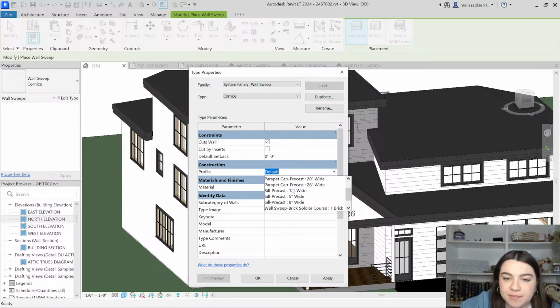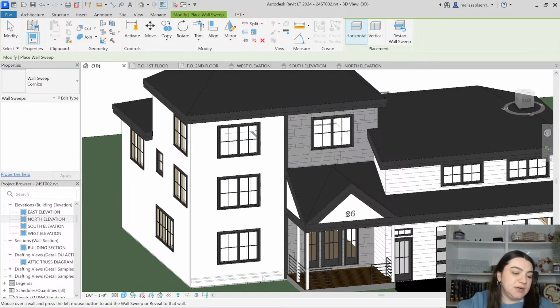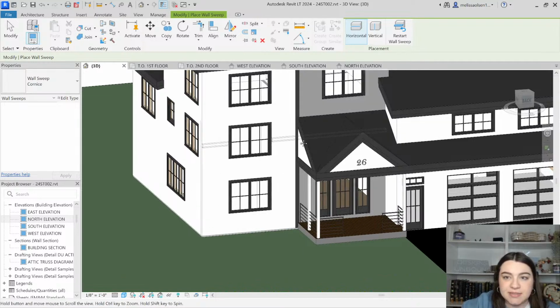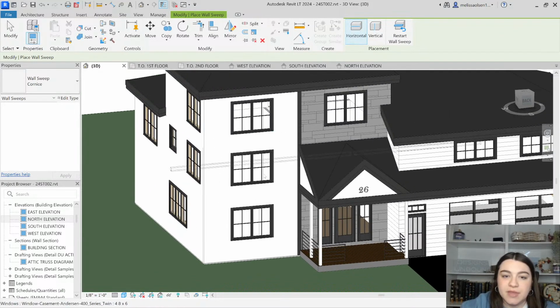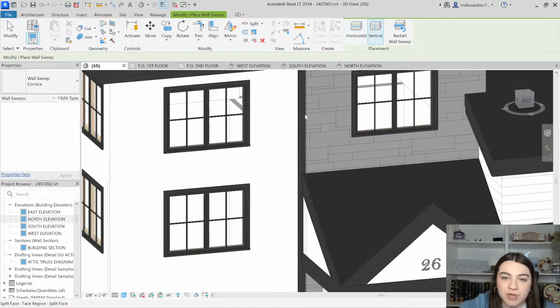It's just pre-cast, like these are just what's loaded in, but we can do exactly what we did with the fascia, and we can manipulate it and make it our own profile. I'm just going to do the default, which is just a square, and these are all just preset ones, but we're just going to want to manipulate the default one anyways. And what I can do is I can do horizontal or vertical. So we are going to do water table, which is trim at the bottom, but we are going to do these like vertical pieces as well. So I'm going to put one right here